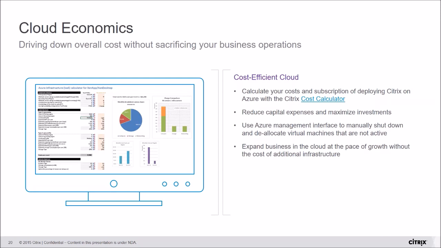How much will it cost for me to run my Citrix environment in Azure compared to if I ran it on-premise? So what Citrix has provided is a high-level cost calculator. It pulls down some recommended retail pricing for different Azure workloads in different locations. So you're able to choose different regions to run workloads. You're able to choose different user types, so whether that's a light workload, a medium workload, or a heavy workload,